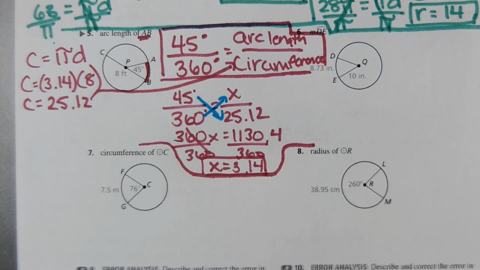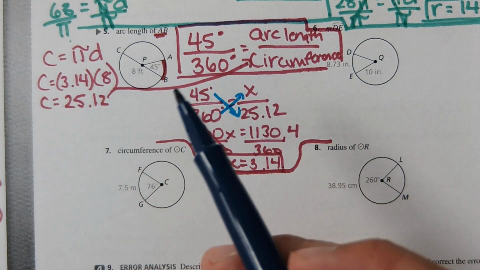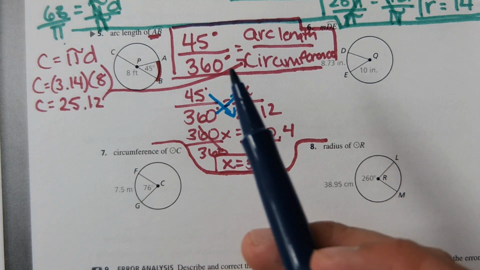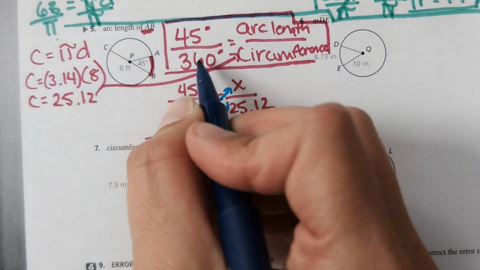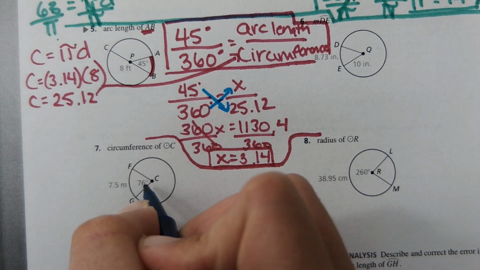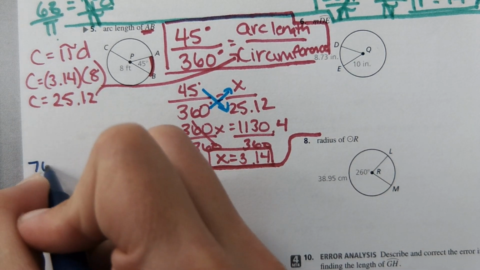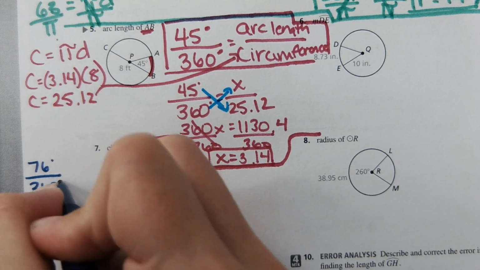Okay. So now we're going to repeat that process, except in each problem it'll give us a different part that we're solving for. But again, the setup is the same. It's just going to be degrees over 360, arc length over circumference. So here for this one, the degrees is 76 degrees. So 76 degrees over 360 degrees